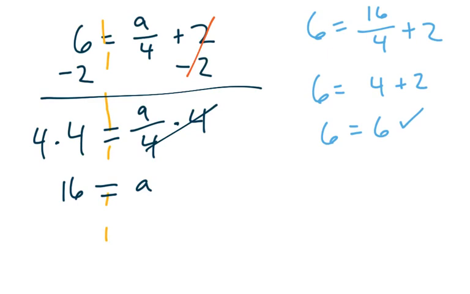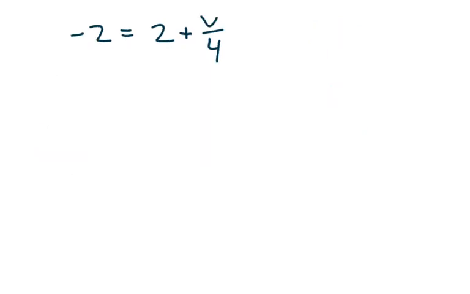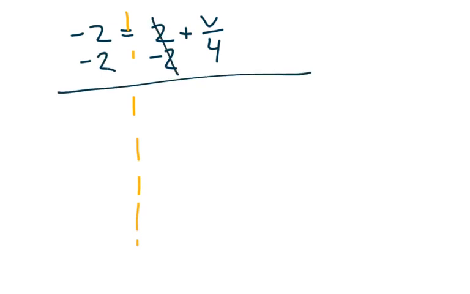Okay, last one that looks a little hard, but it's all the same skills. Okay, so first skill, brick wall. Remember to keep it balanced. Start away from the variable. Okay, so we're going to do this one first. That's a positive 2, so we're going to subtract 2. Everything we do, we're going to do to both sides. Big line. We get v divided by 4 is equal to,